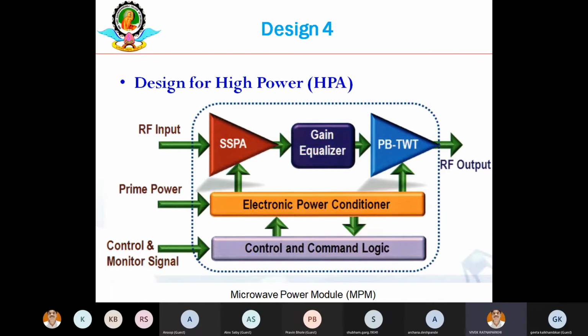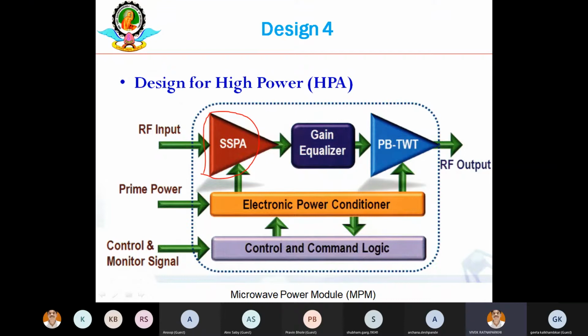So this is, in general, a microwave power module. As you can see, the SSPA is the solid state power amplifier, a power amplifier made up of a solid state transistor. As we designed our low noise and specified gain and conjugately matched amplifier, we used one transistor named ATF34143. So if we use a transistor for the high power amplification job, it is called solid state, because the transistor is designed using some semiconductor. Hence it is called a solid state power amplifier.